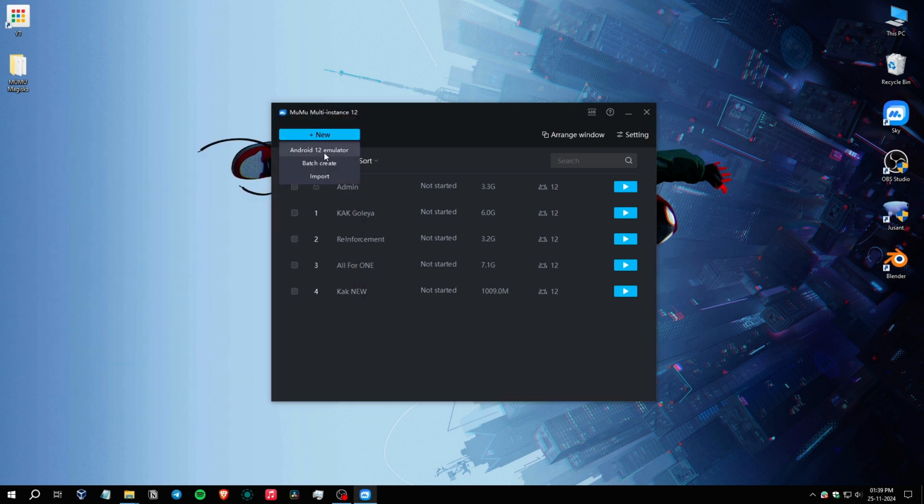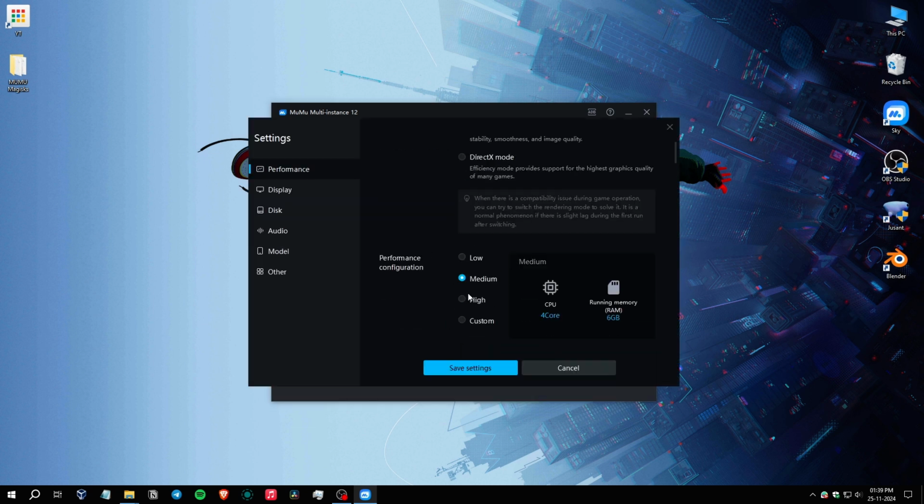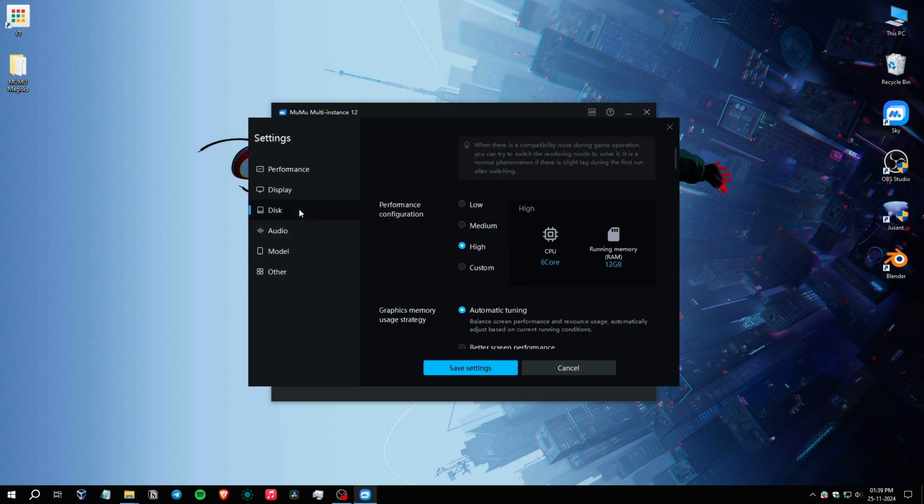and create a new emulator, Android 12. Give it any name you like. I'll just create anything, it's fine. And now open the settings. Here you can choose whatever you like, it's your personal taste guys. For me the high setting is working fine, so I'm just going to do that. And here go inside the disk,